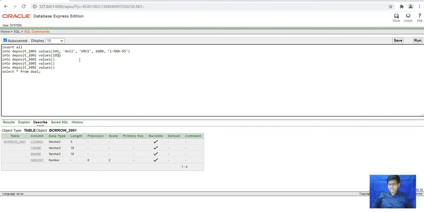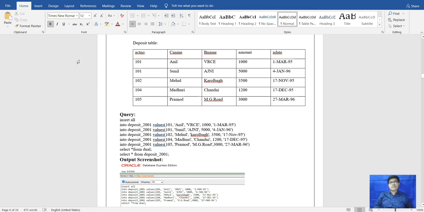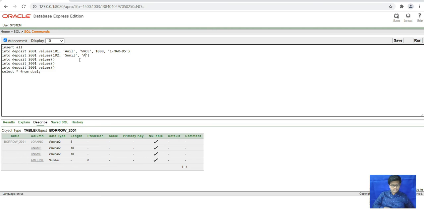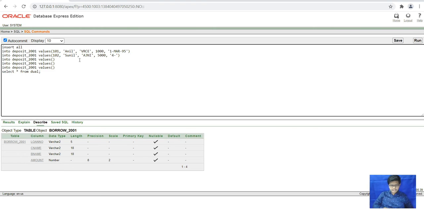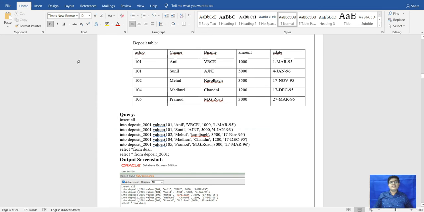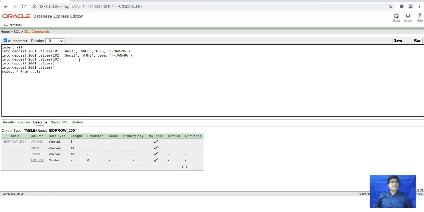After that, the second is Sunil, having amount 5000, and the date is 4 Jan 96.